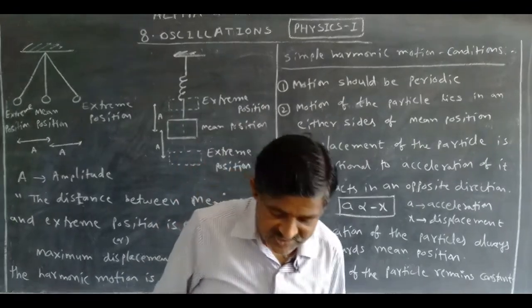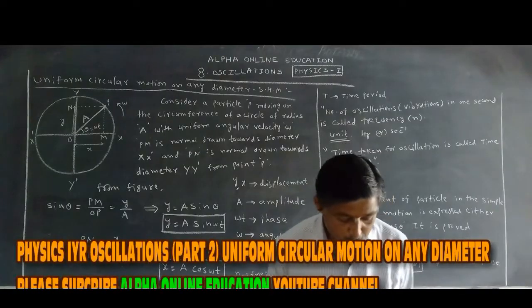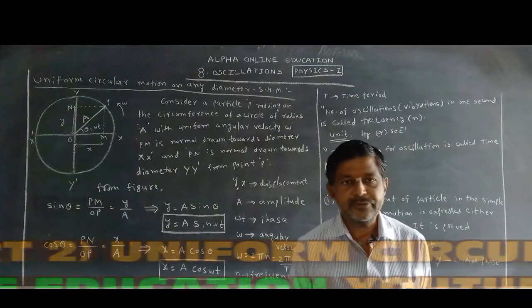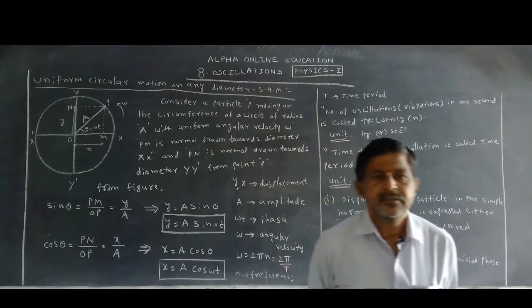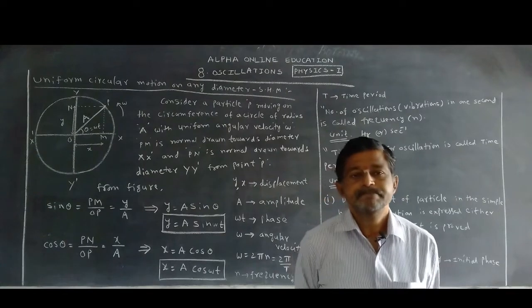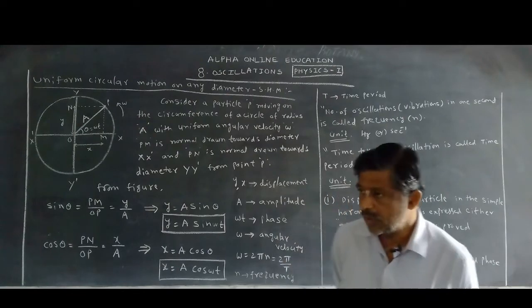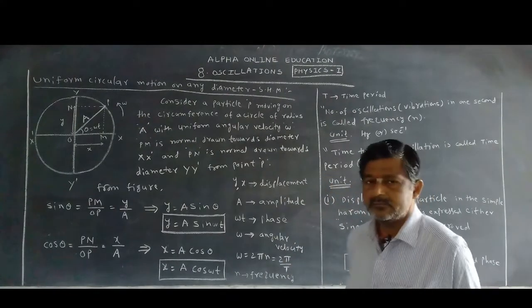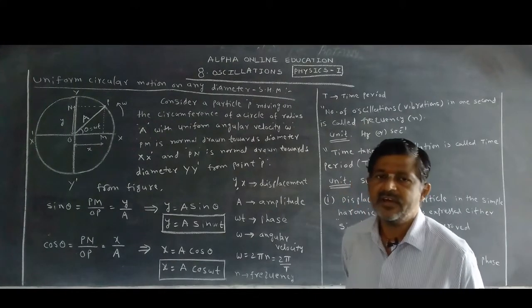Okay, this is about simple harmonic motion, and it is important for 2 marks questions. Up to now, whatever we have studied, the topics are all important for 2 marks. Now we are discussing the very important question in this chapter. The chapter is oscillations. This is the 8 marks question. Now, what is the question? How can we get this in the examination? First, define simple harmonic motion.